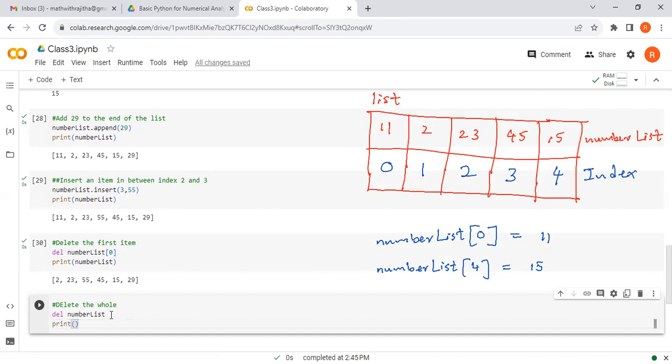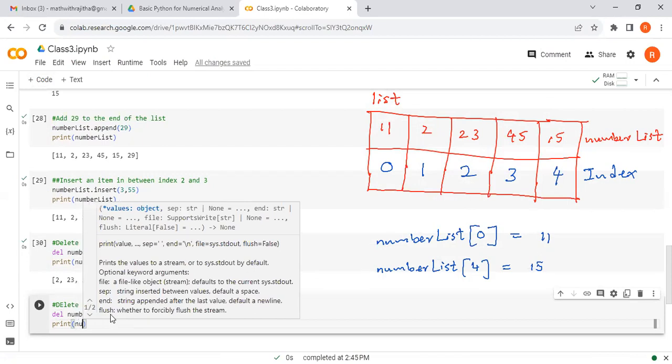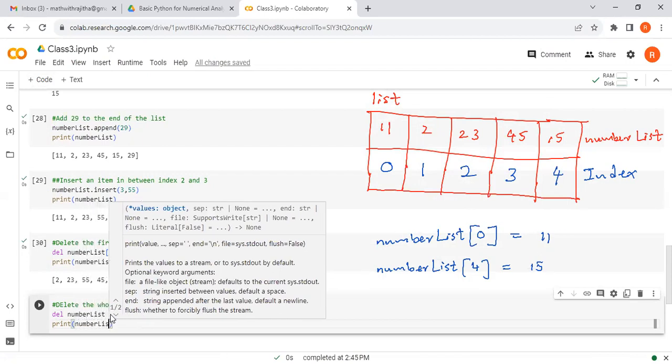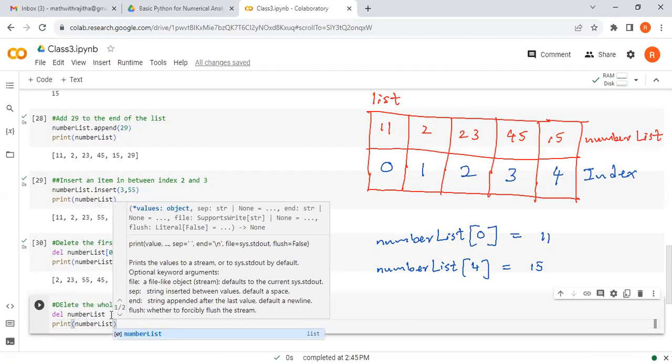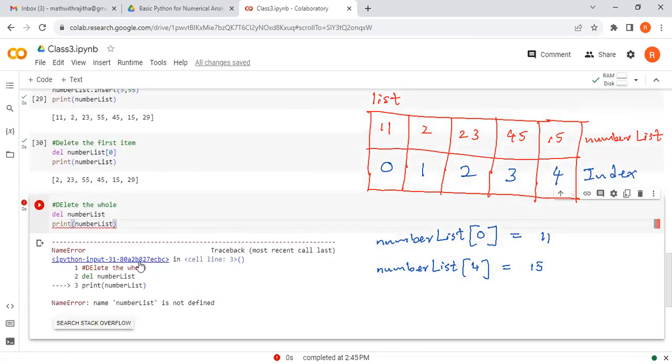Now it should give us an error message, because how can we print anything that does not exist if it is deleted? Number list. Delete number list. Okay, name number list is not defined because we deleted it. Okay, that's fine. Next topic is